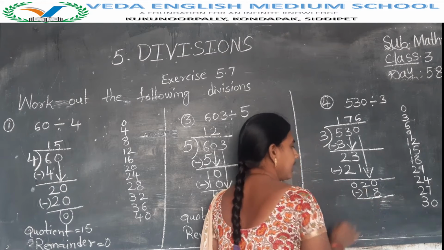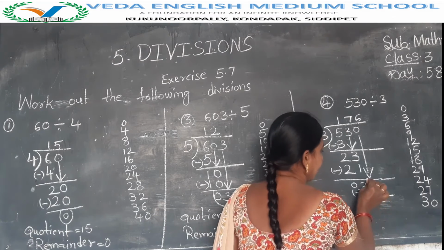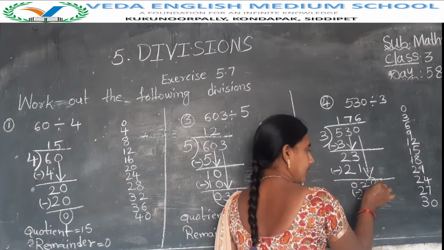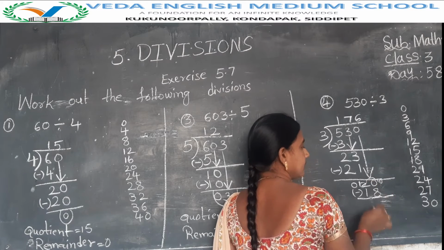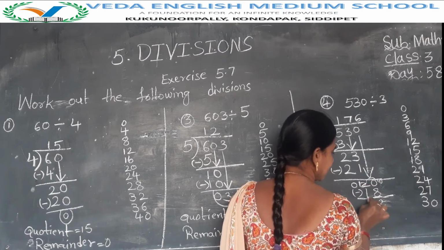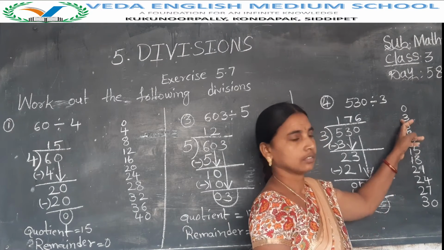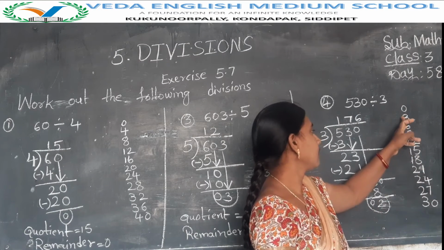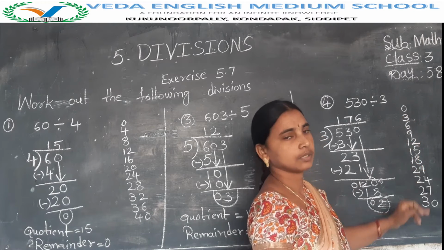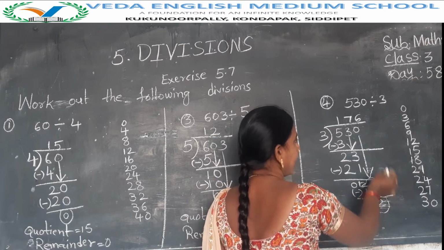Now do the subtraction. 0 minus 8 is not possible, so take a borrow like this, with an arrow. Here 10 plus 0 is 10, here 2 becomes a 1, 10 minus 8 is 2, 1 minus 1 is 0. Now not possible, here only 2. The below 2 is not possible in this table. Only above 3 is possible. So only 2, no more digits here. So this is the remainder.